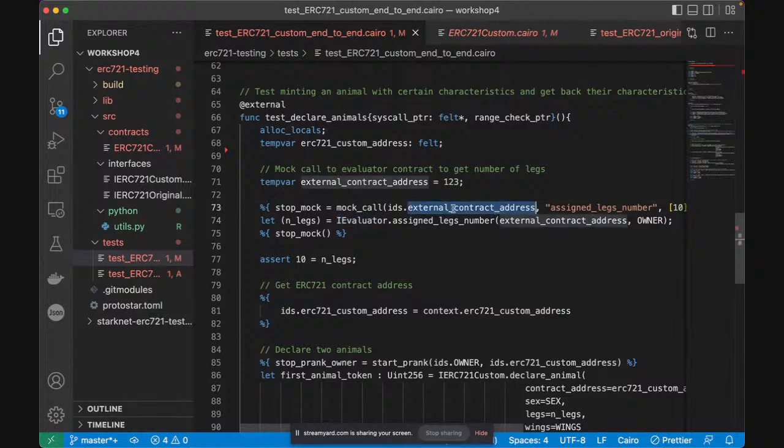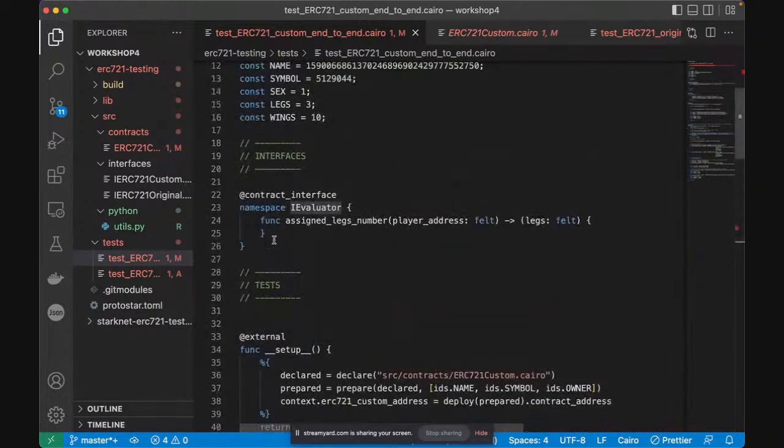What contract are we using? What is this address regarding to? It is actually mentioning the interface of the evaluator that I created before. So if we go above in our code, we can see that we create an interface inside our code here,